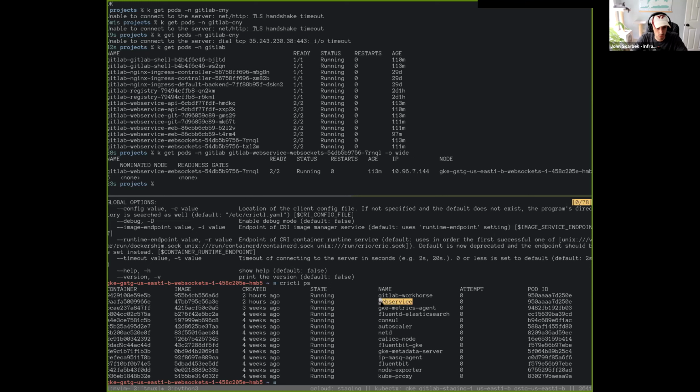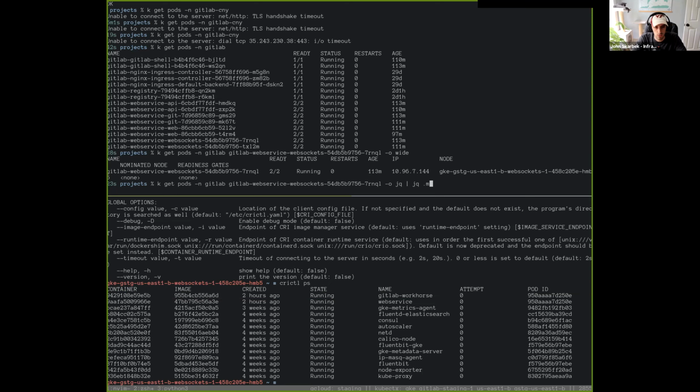There should be a web service. I only see one of those, so I picked a poor example where this particular node is only running one pod of something. If I were to pick a node, say in production, where there's 4 pods running on it, you're going to see 4 GitLab workhorses, but you don't know which pod or container that resolves to. So I can't tell you via the crictl command that this pod that I want to interrogate is this container that is running here. That's kind of the downside. So in order to get that information, what you would do,